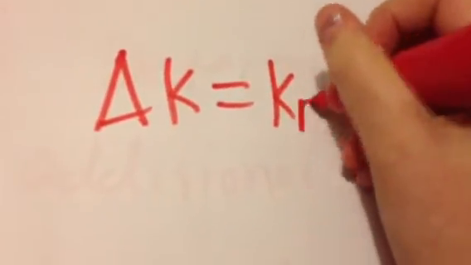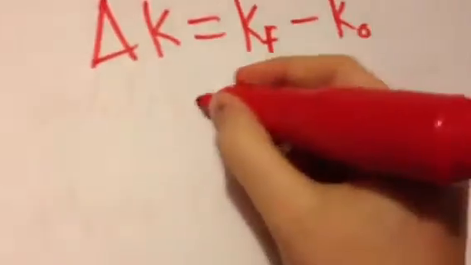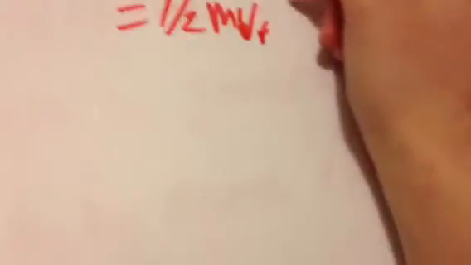So we have final kinetic minus initial kinetic. And that is equal to 1/2 m vf squared minus 1/2 m v0 squared,